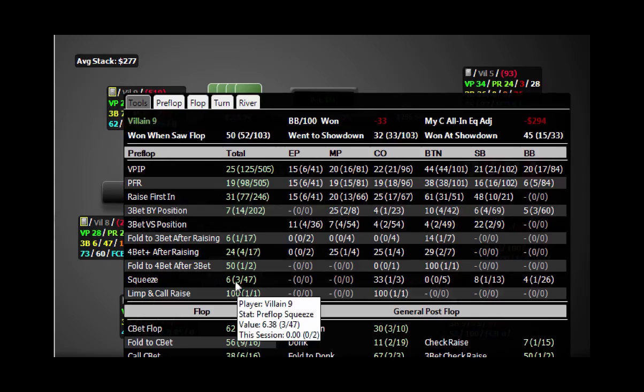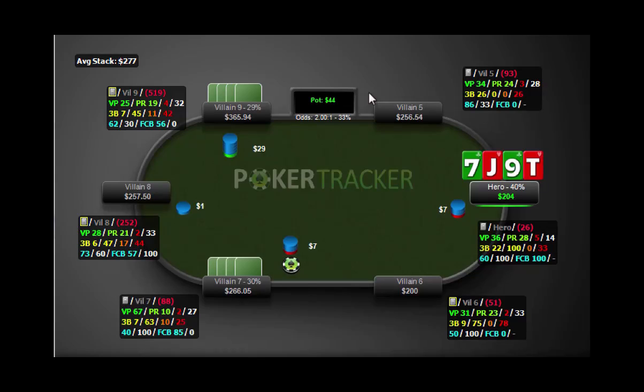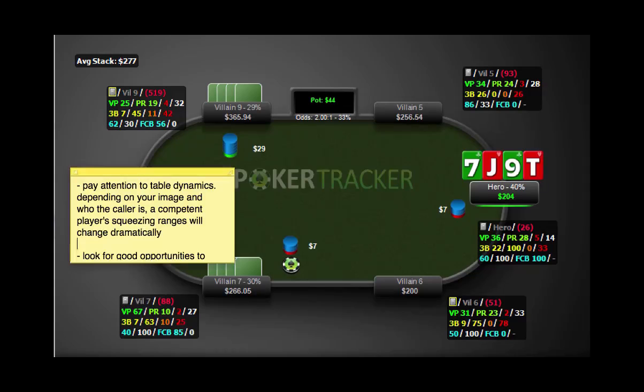He might take a good squeeze spot when the button opens and someone calls in the small blind. That's where he's going to put his light squeezes in. So seriously, there's nothing special about this guy. But what is special about this hand? Well,